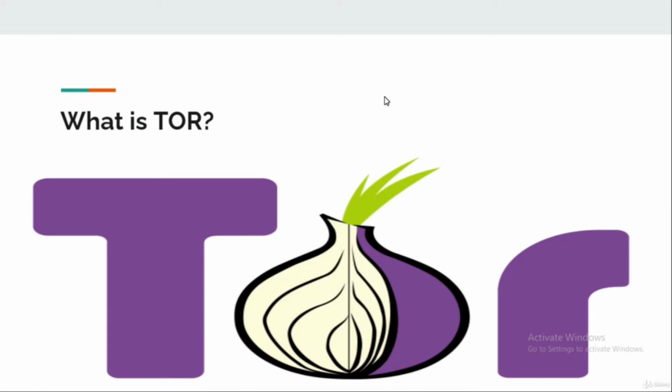What is Tor? As we know, Google is one of the web browsers used for accessing the surface web. Similarly, the Tor browser is used to access the dark web. Then why can't we use Google to access the dark web? Because the Tor browser anonymizes the web traffic using the Tor network, making it super safe and easy to protect